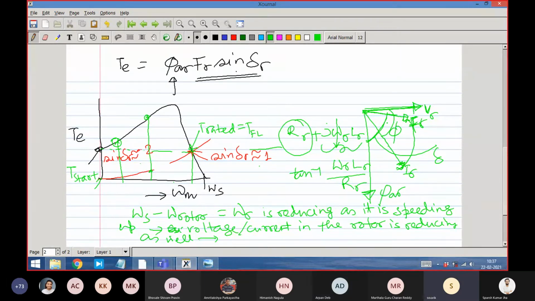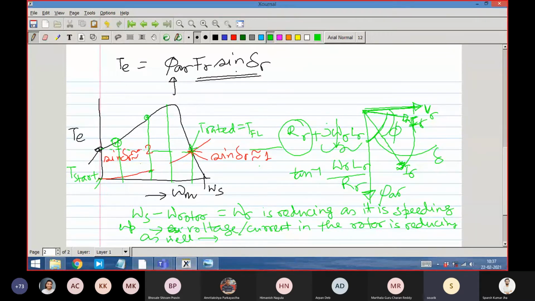Understood. So that is why this thing is improving in power factor, as well as improving in sine delta value. And we know that approximately sine delta is equal to cos phi. So this quantity is coming here. Then at a certain speed it will reach the maximum possible torque. It is the maximum possible torque that comes mathematically.